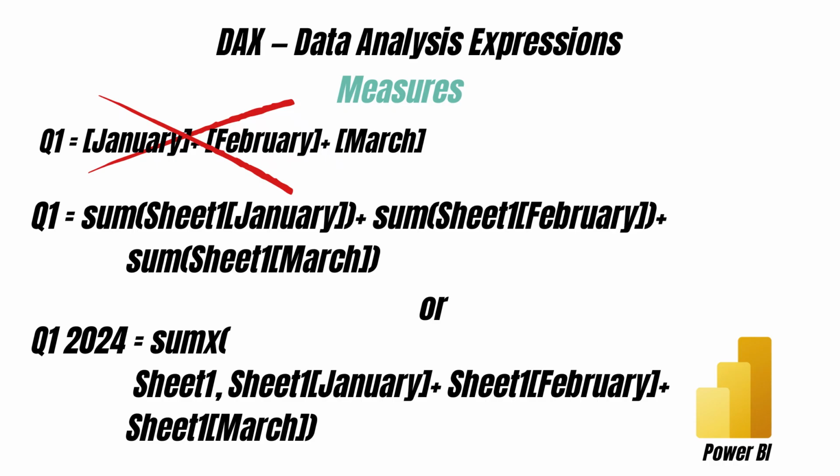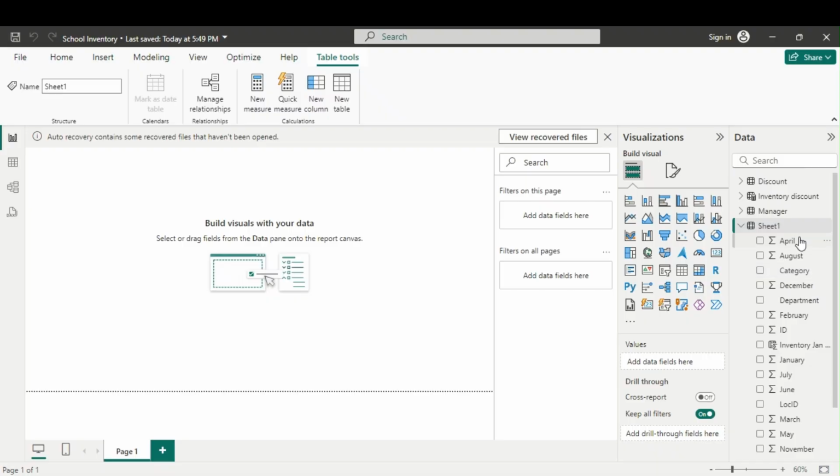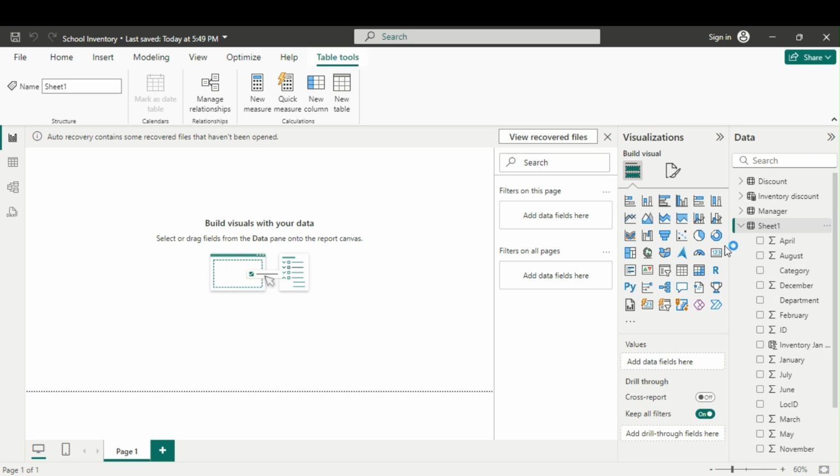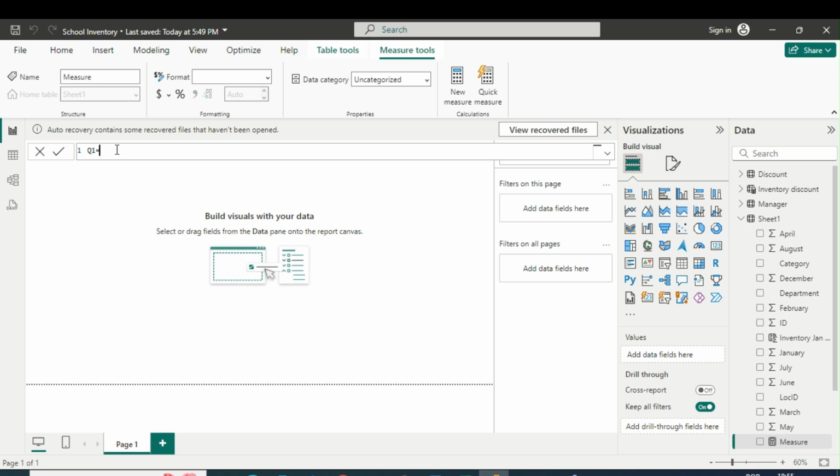To create a Q1 measure in Power BI, you'll need to calculate the total value for each column for the first quarter 2024: January, February, March. Using each column with the simple addition of each column will not work. For that, you will have